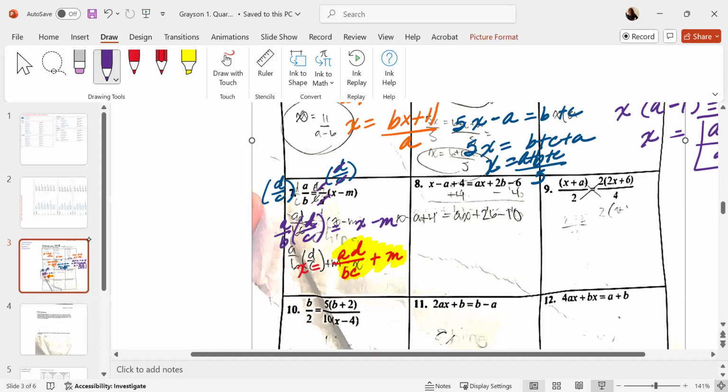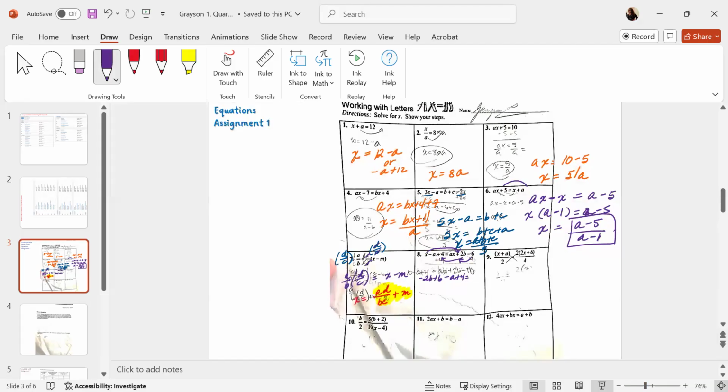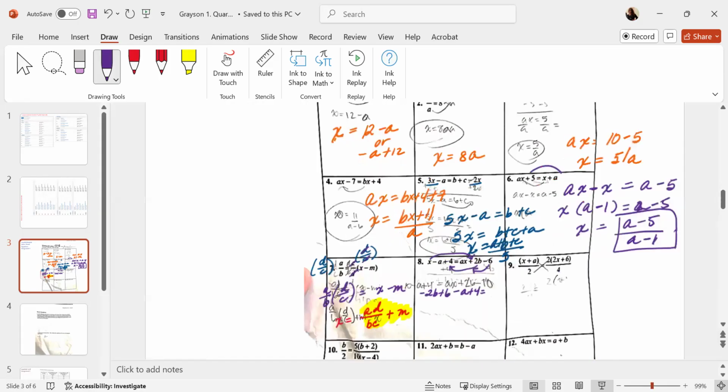Number 8. This one you have x on both sides. I'm going to move this x over and move all the other things over. Do you see the arrows there? 2b over, I have a negative 2b plus 6 more. Those stay, right? I'm moving the x over to the right, which means I have